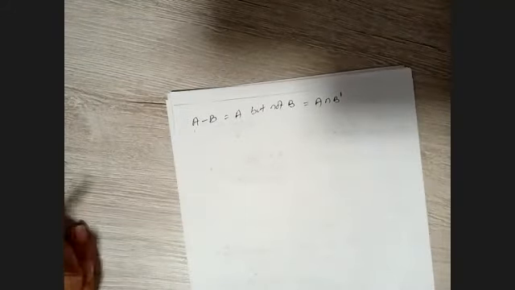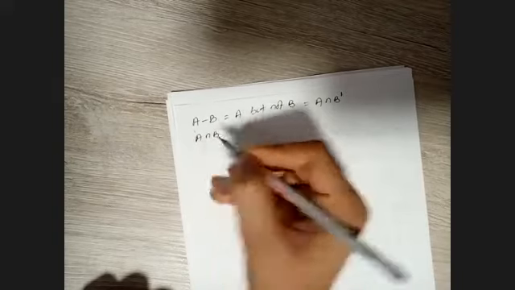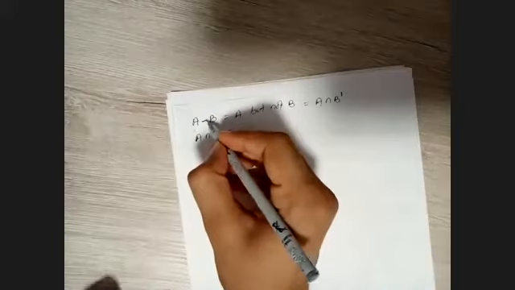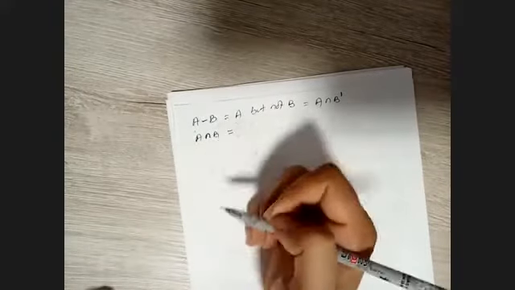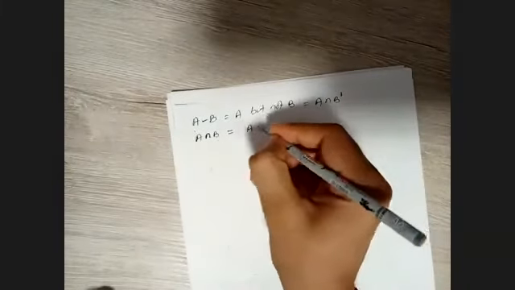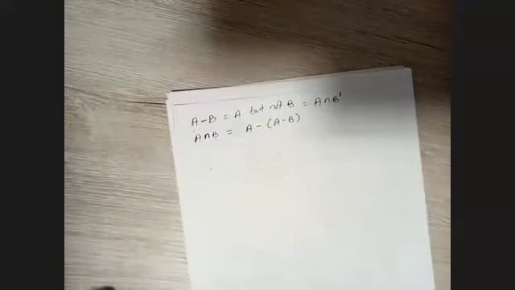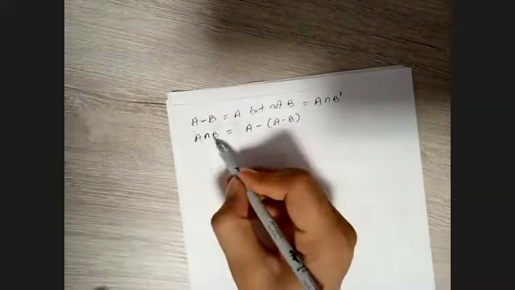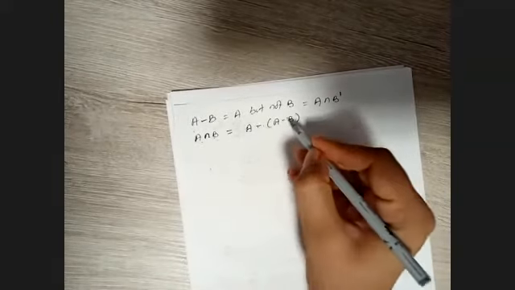So understand, for the intersection part, let's say A difference B. Can we write A intersection B in terms of difference? That is A difference, A difference B. You need to understand this thing because this will be used here. A intersection B equals A difference, A difference B.